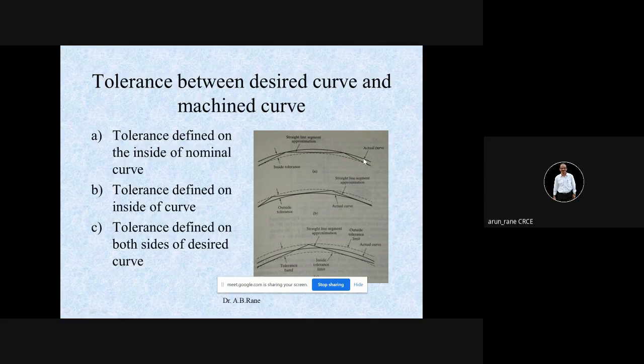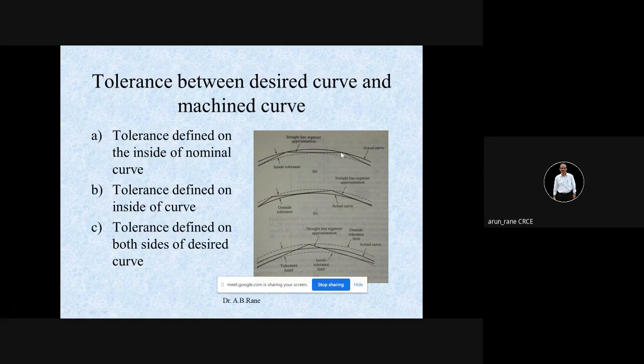But in actual practice, you cannot move like this. No machine can. It is actually a series of straight movements, X Y, X Y, a series of straight lines.